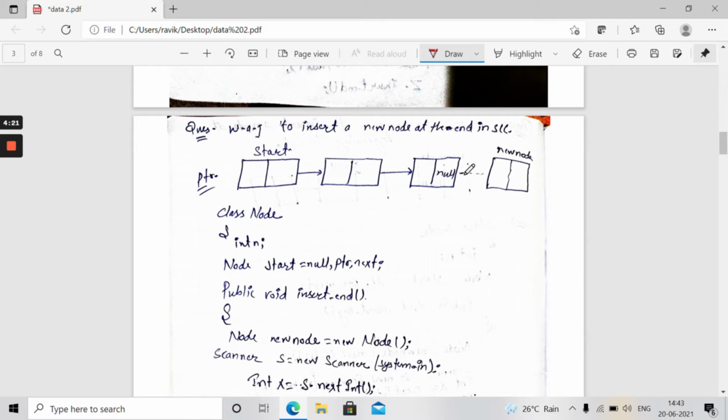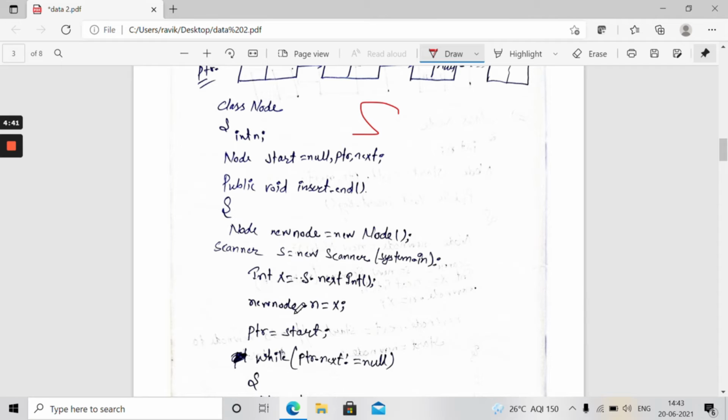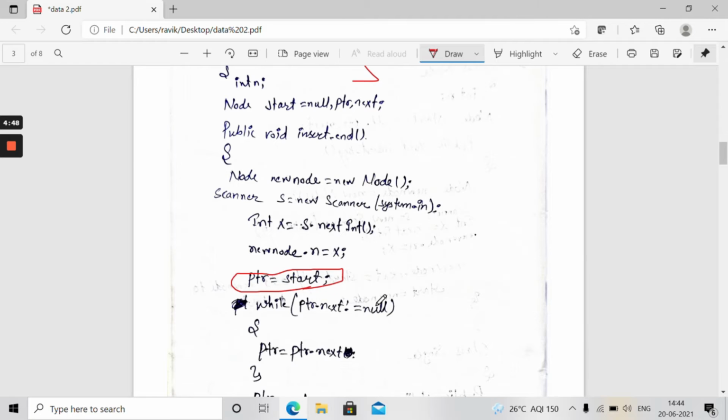We know that guys, how can I connect this node at the last? Firstly we have to know the name of this node. Then firstly we are going to declare ptr, so ptr equal to start. You can see ptr equal to start.